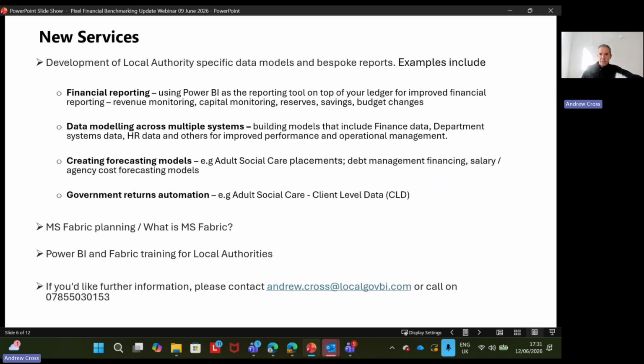reports. I've got a lot of experience of this, but the kind of things which local authorities might want help with are things like, you can use Power BI as the reporting tool to sit on top of your ledger to help improve your financial reporting. So you can use it for revenue monitoring, capital monitoring, reserves, savings, budget changes. And we can put those into nice looking reports which can be used by your budget holders and senior management